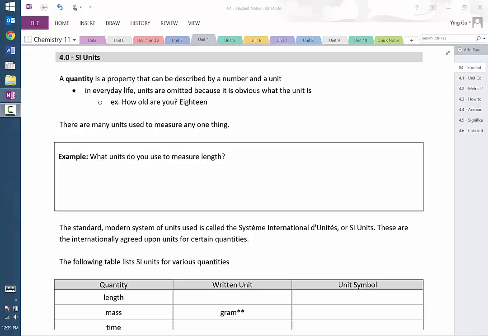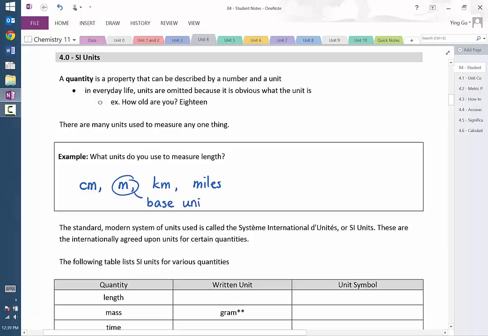Now, we all understand what a unit is. For example, what units do we usually use to measure length? Most of you would answer centimeters, perhaps meters, perhaps kilometers, maybe miles if you're thinking about the States. And these are all units that we use to measure length. There is one unit, meters, which we refer to as the base unit. What we mean by that is it is the basic or the smallest of the units which all other units